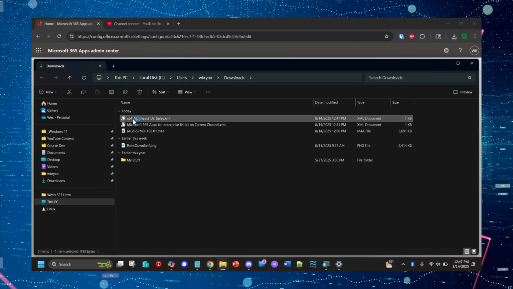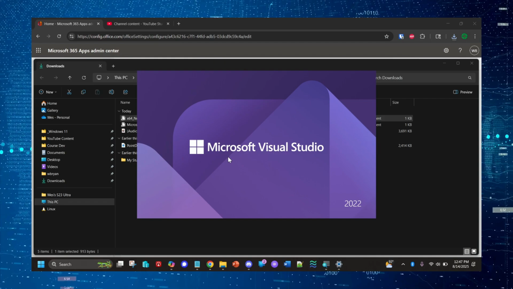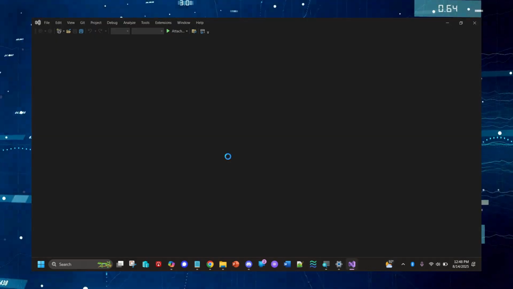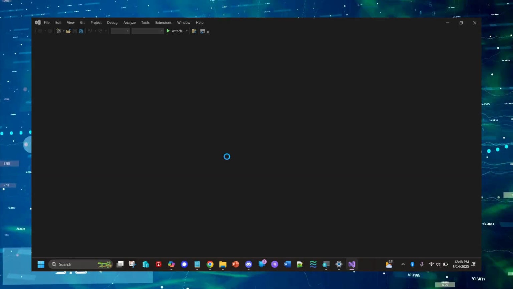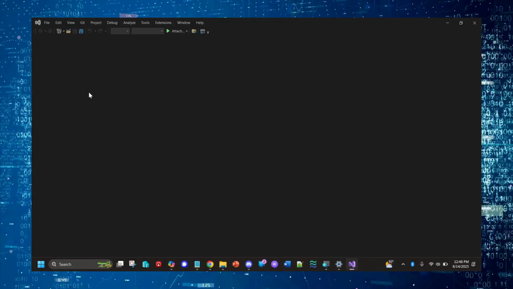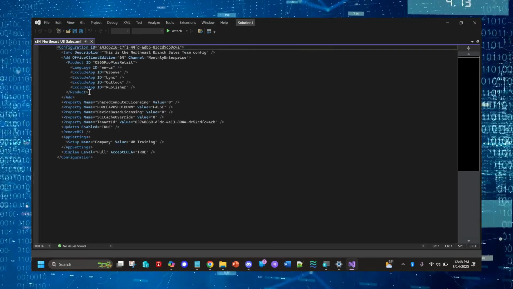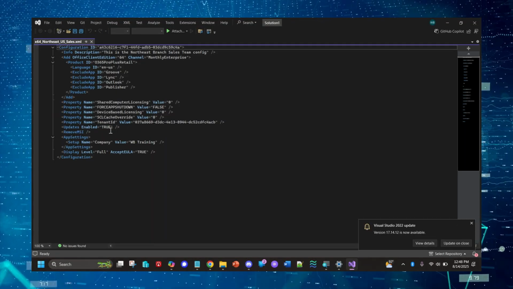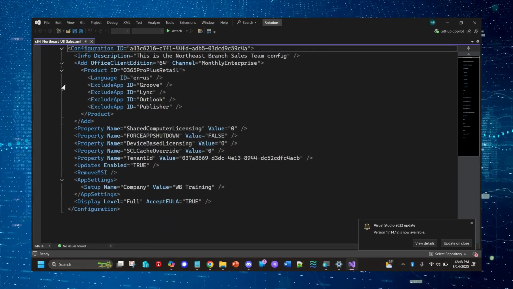Let's go ahead and open this one up. This one's going to be a little bit more detailed than the one that we looked at earlier. Maybe not too much. Sometimes it surprises me. There's like 3 lines it added. I have a feeling we're going to see 10 or 15 more lines than we've seen in the basic configuration. But this is how, and again, not much to it, right? It's very simplistic. Let me see if I can zoom in here a little bit so you can see this,